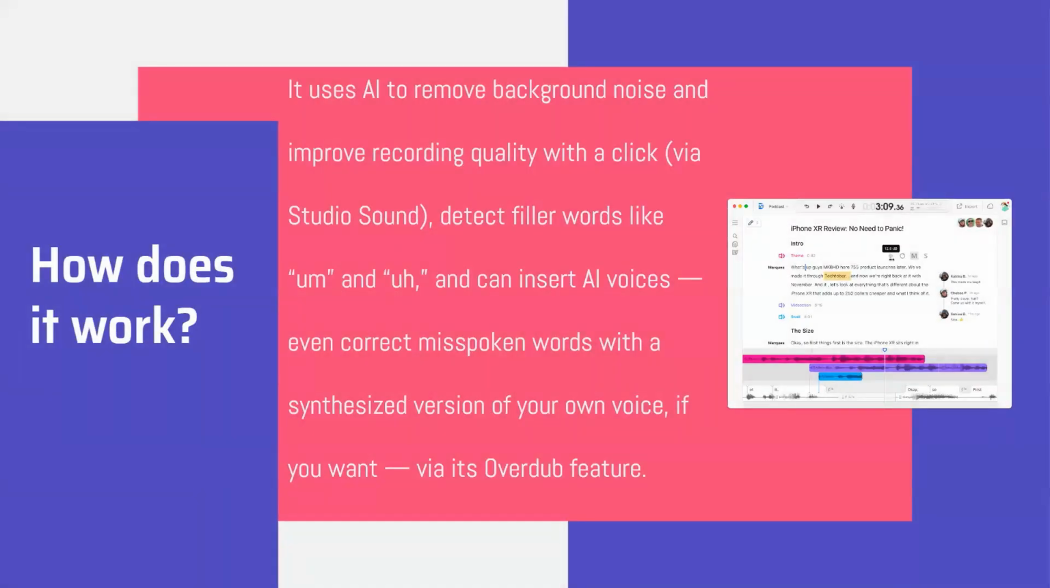So how does Descript work? Well, it uses AI to remove background noise, and you can improve your recording quality with just a click via a tool called Studio Sound. So instead of having to go out and buy a really expensive microphone, you can just have Descript handle it for you. Another thing Descript can do is detect filler words like "or" like, and it can insert an